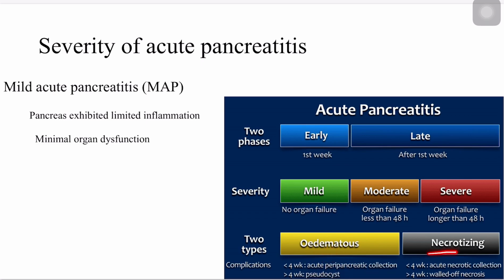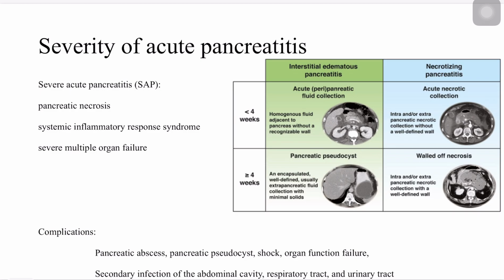But in the necrotizing type, we can classify it before 4 weeks. We have acute necrotic collection, and after 4 weeks we have walled-off necrosis, which is surrounded by a membrane, and it is usually full of liquid also in this form. Okay, as you see here in this shape